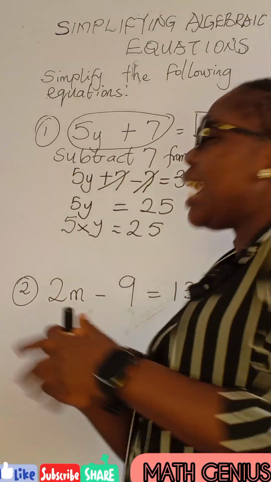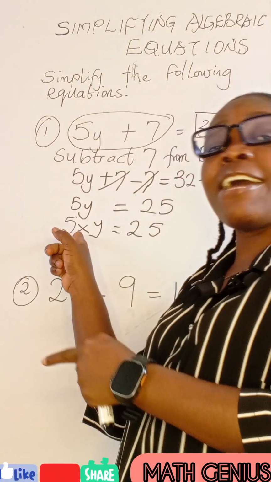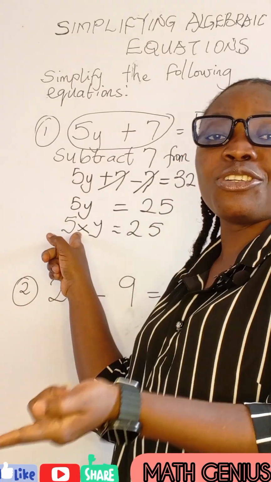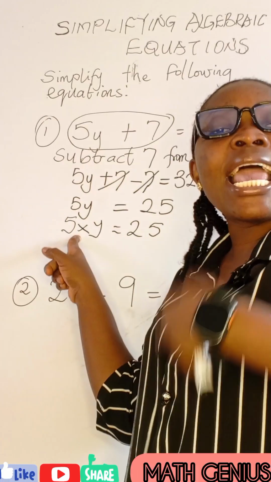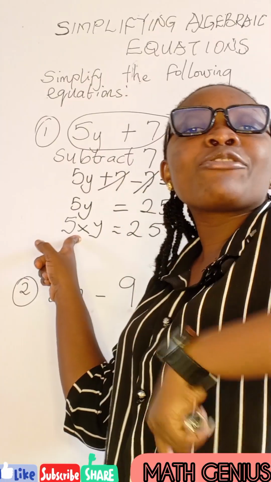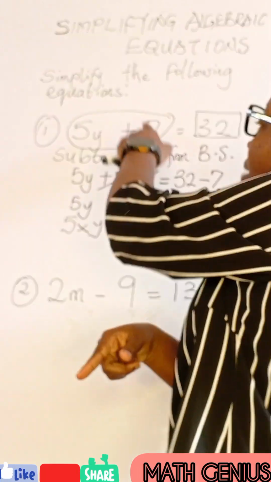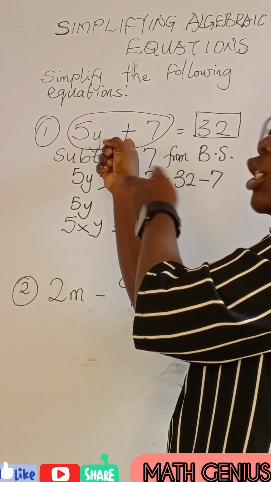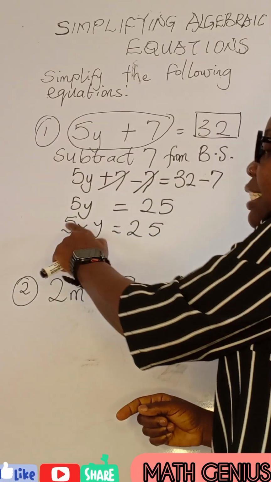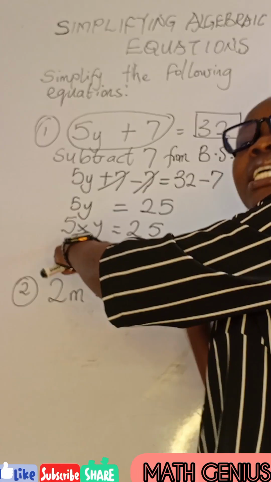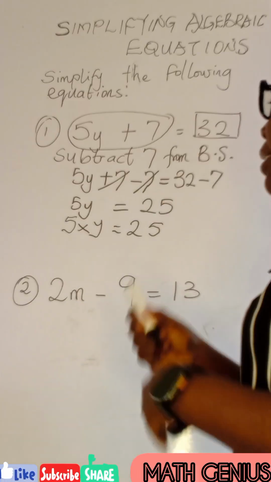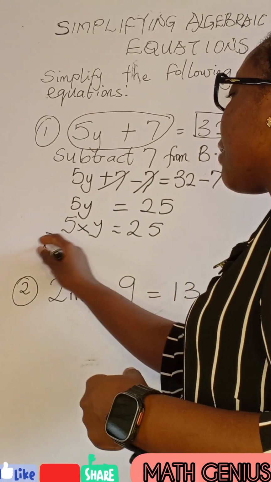Why am I dividing? I'm dividing because the operation here right now is multiplication. For us to do any elimination, we have to do the opposite of the operation. When we were eliminating 7, we had to do the opposite of plus. Now we are eliminating 5, we have to do the opposite of times. So the opposite of times is division. So we have to divide